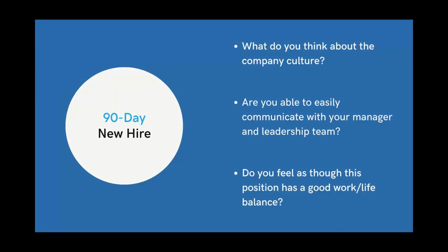As I mentioned before, the effort to engage new employees can help with employee retention. And here are some examples of some 90-day new hire survey questions. I think these are some important questions when it comes to gathering and documenting information about company culture. Making an effort to understand what employees are experiencing shows employees that companies are invested in providing a positive work